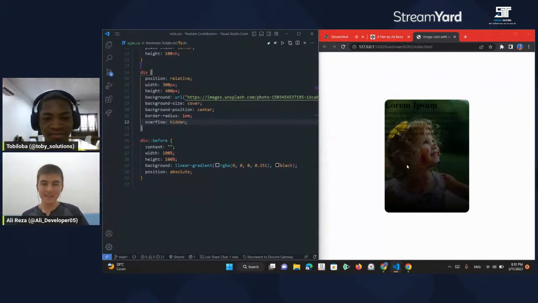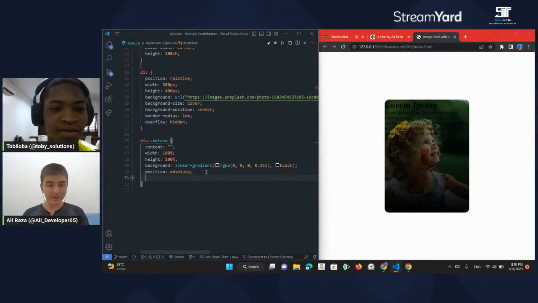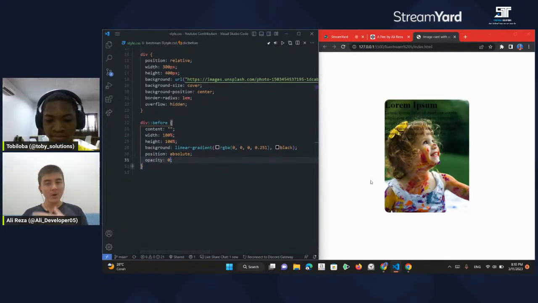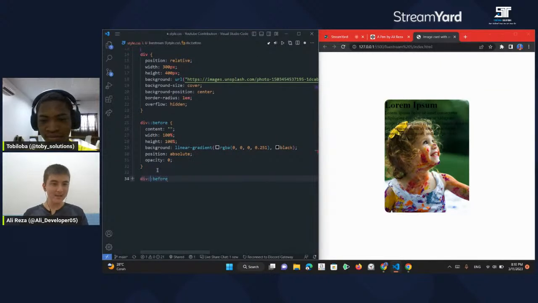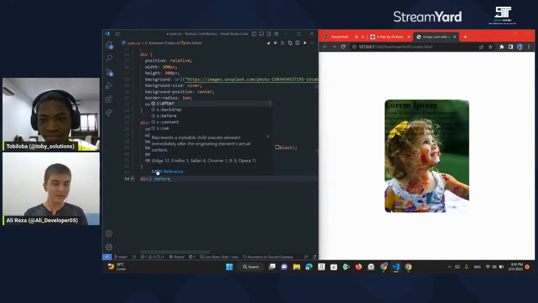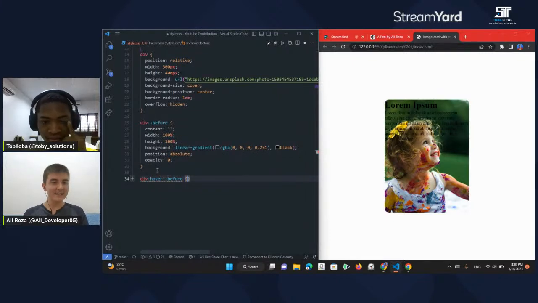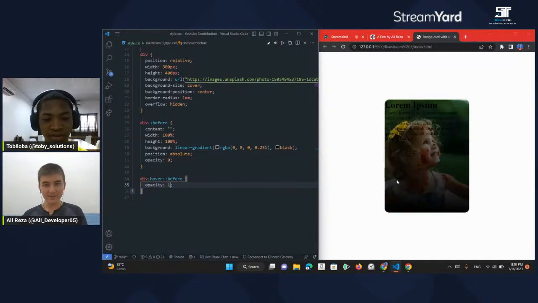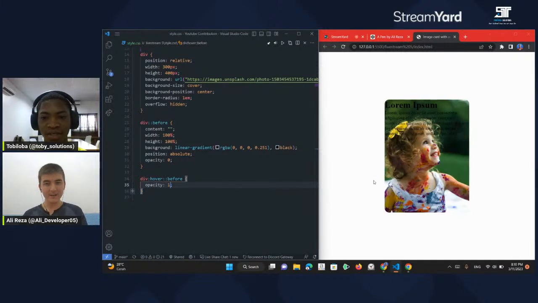So I don't want the div to be on the card forever. I want the div to appear when someone hovers the mouse on it. By doing that, we say the opacity to be 0. So whenever we hover the card, we need the pseudo element to appear. How can we do that? We can target the div, use the pseudo class hover, and set the opacity to be 1. Whenever we hover the card, it's going to appear. And also let's add a transition between them,